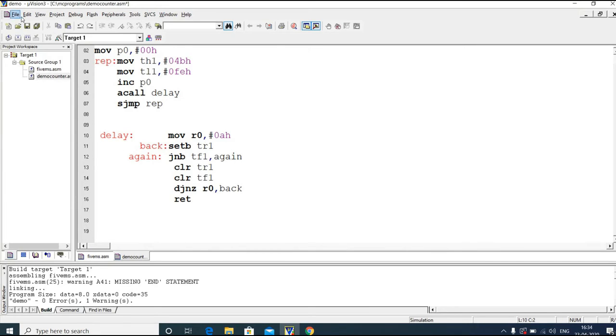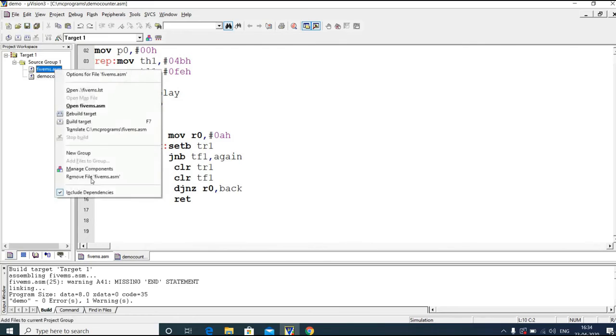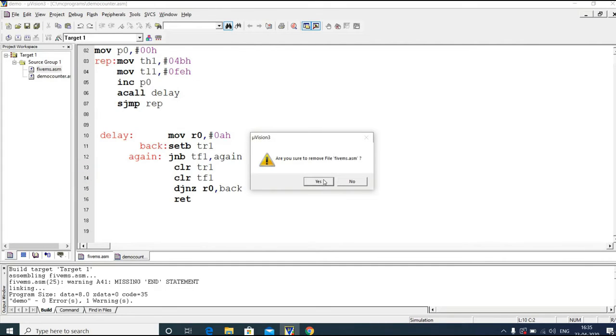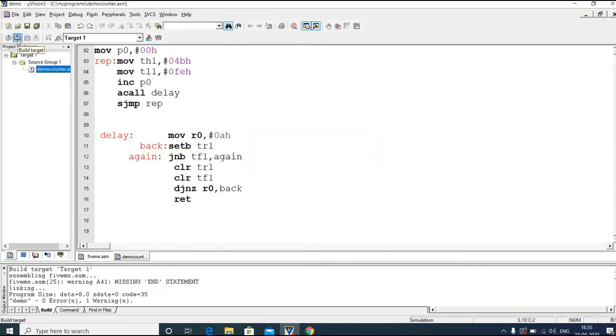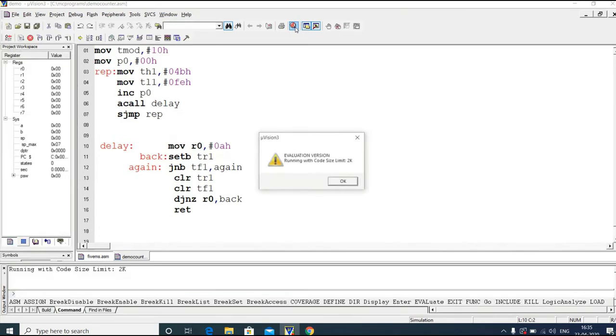Okay. Now we'll run this program. Check out whether we are getting the count or not. So first we'll build this program. There are no errors, and now we'll debug this.